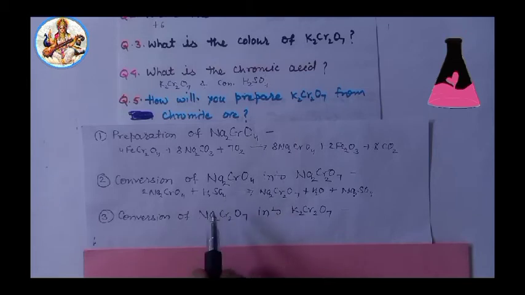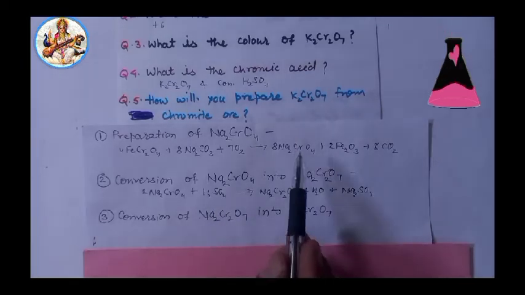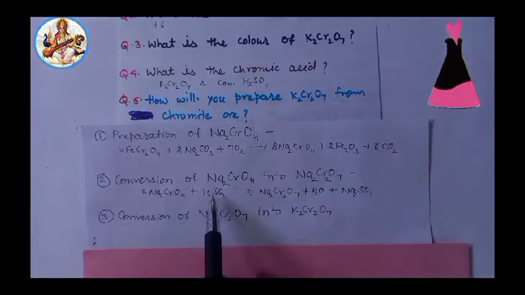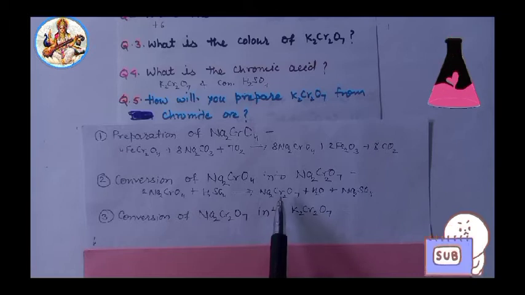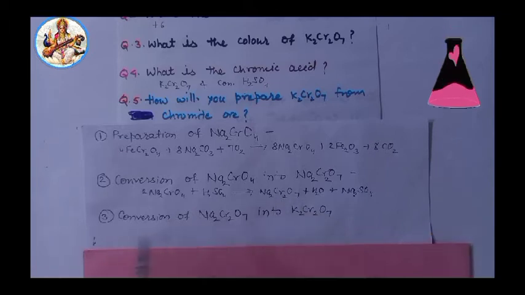I repeat, in the second step, sodium chromate is treated with H2SO4 to form orange colored sodium dichromate. Now the third step, conversion of sodium